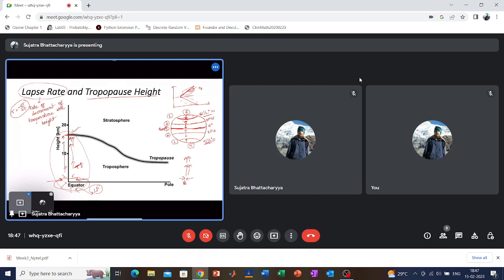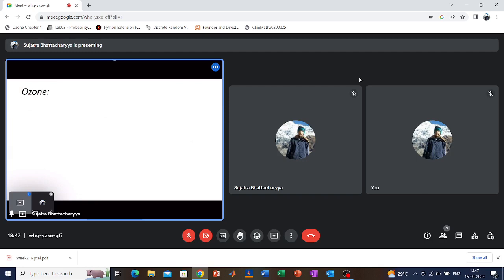Okay, so lapse rate I have already shown, tropopause height also I have shown, and next is ozone. In the previous lecture I've written several equations about this ozone, and now I will also discuss some particular things about the ozone, because it is important and curious to know about. It is important for the atmosphere as well as the climate